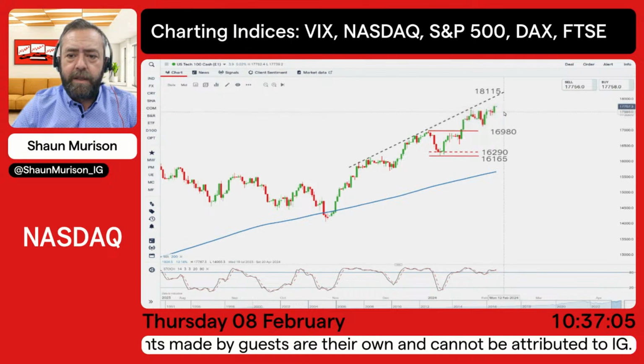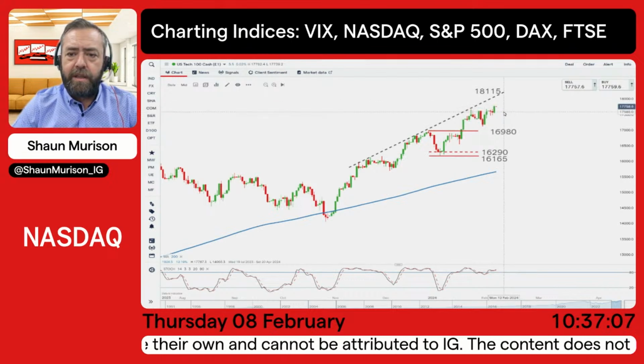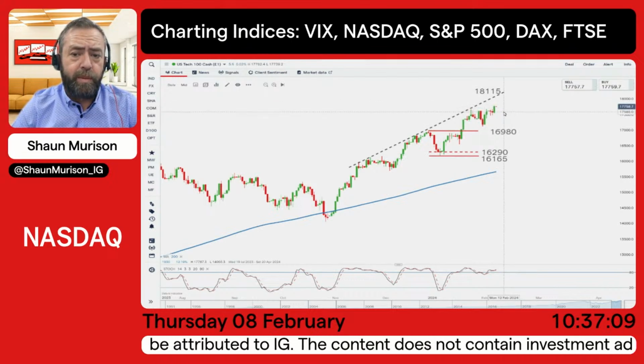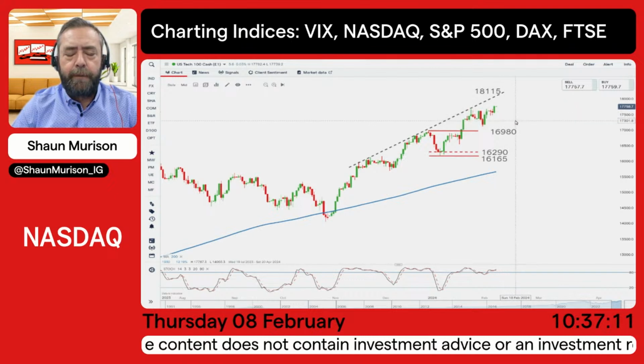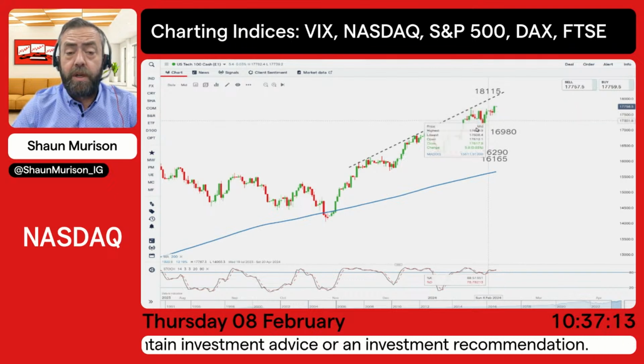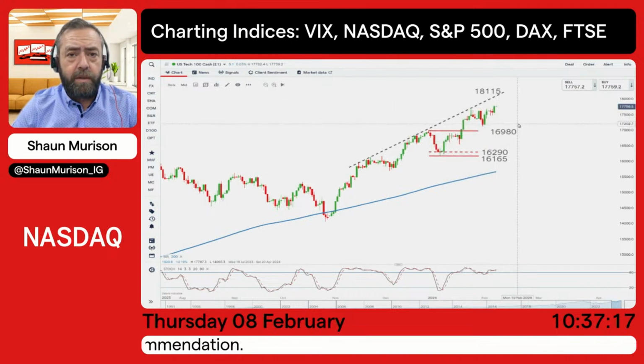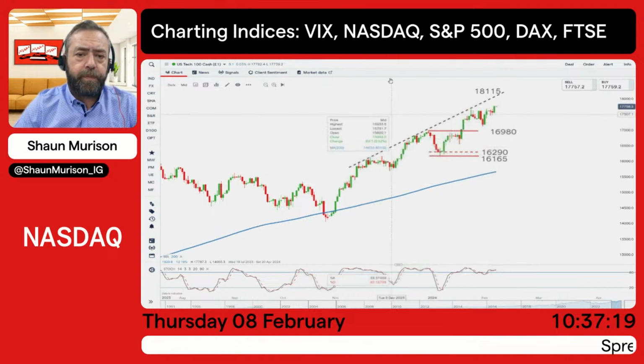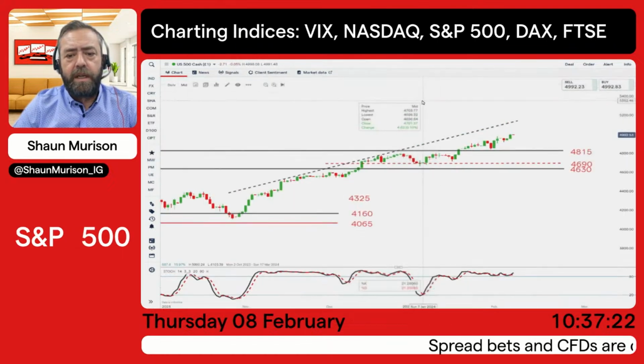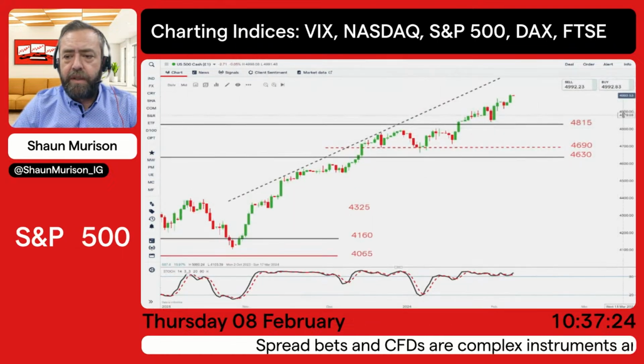Not to say we can't go higher now. It's just that if we're looking for entries into that index, for me, I'd prefer waiting for a bit of a pullback from overbought territory. But certainly not looking to trade against that trend and enter new short positions in lieu of that longer-term upward momentum. And those principles do apply when we look at the S&P 500, and